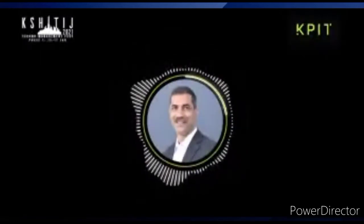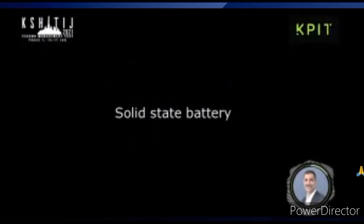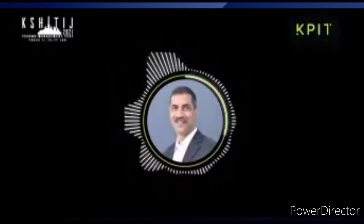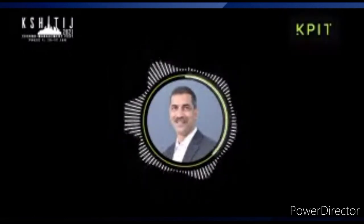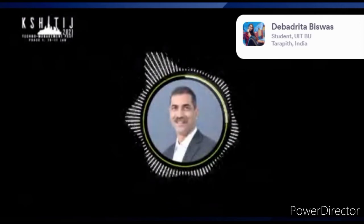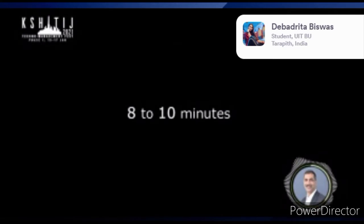So there is a technology called solid state battery, where the battery electrolyte is not a liquid, but mostly ceramic. And some of the production challenges of the ceramic and brittleness, when it will be solved, this will charge faster than the current lithium ion, which means you could actually take a car to a charging station, a supercharger, and maybe charge it in 8 to 10 minutes to at least 95% capacity, which is phenomenal,